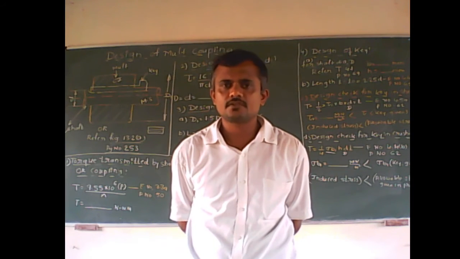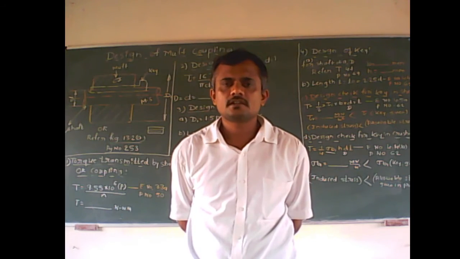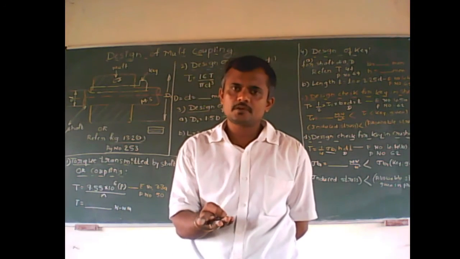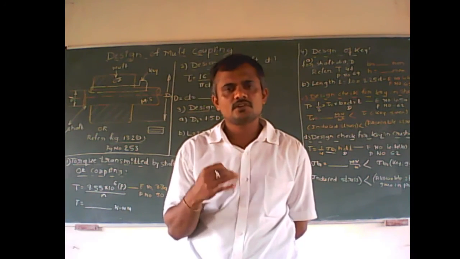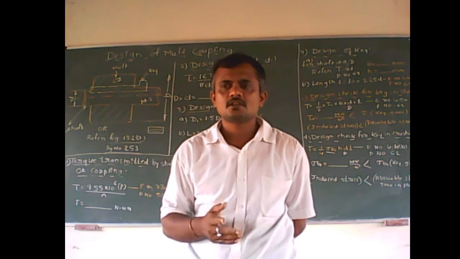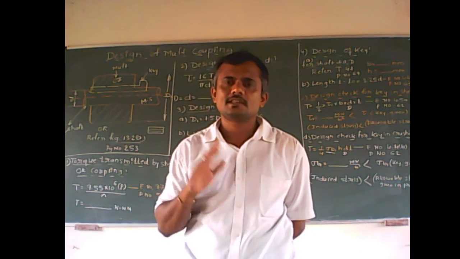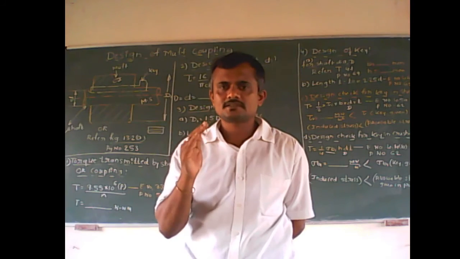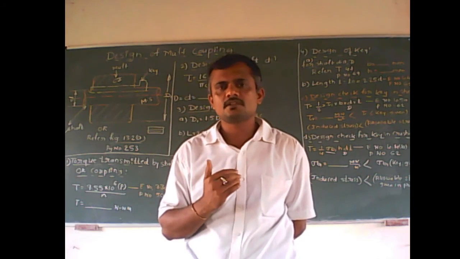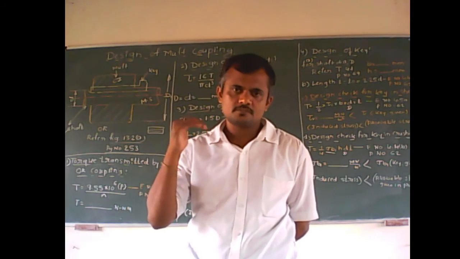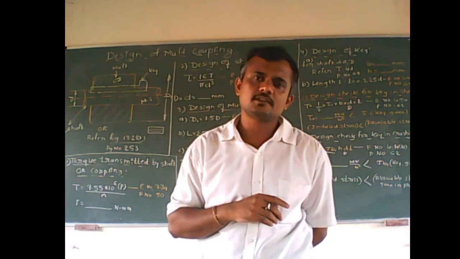When you refer to the previous question papers, it is very clearly given. It may be for muff coupling, it may be a flange coupling, or it may be a cotter joint or knuckle joint. Anything can be asked, and the whole chapter carries around 40 to 45 marks. So don't neglect this chapter, for passing students or for students below average. You can practice, you can be perfect in this, so that you can pass this subject very easily.